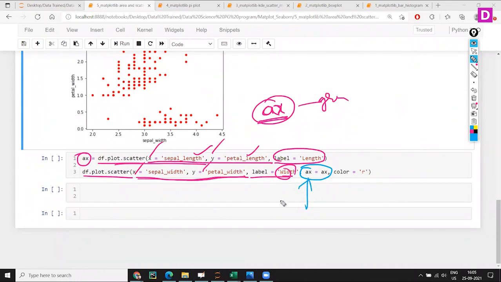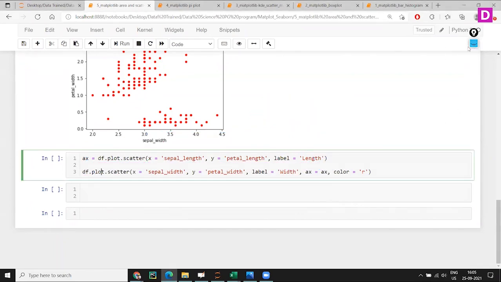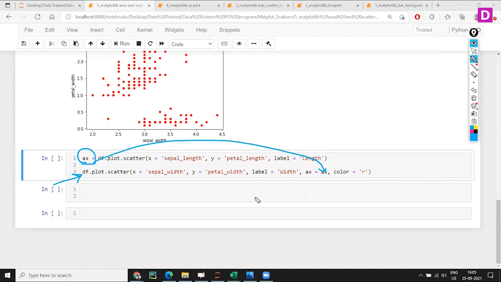AX, this is the axis, this is the parameter equal to this AX. You can give XYZ here, no problem. So this AX, and the color I'm giving is R. By default, the color will be blue, right? So I have one plot already, which is in the AX. I am plotting one more scatter plot. In that, I am bringing the old one. That's how you can interpret it. If I execute,